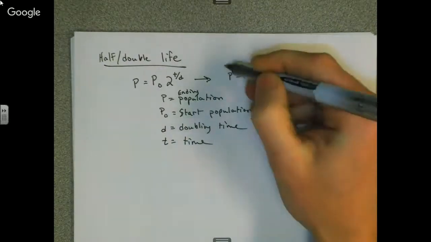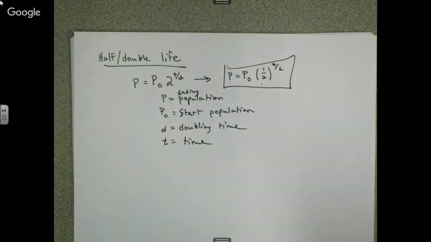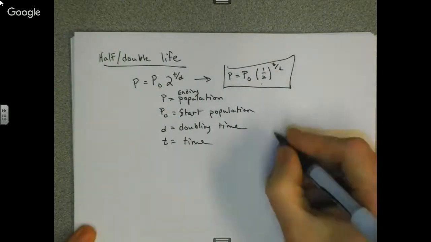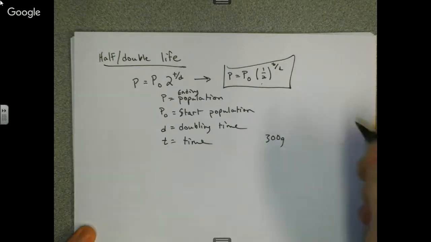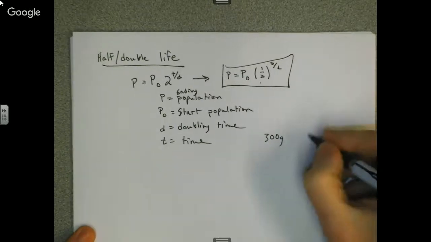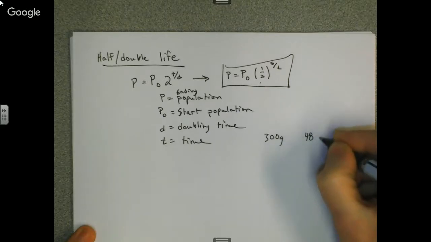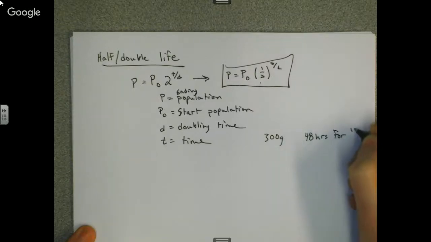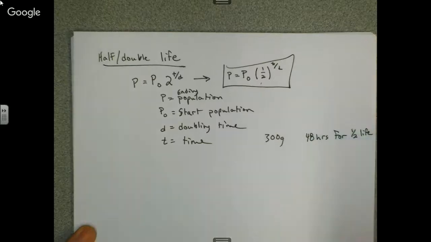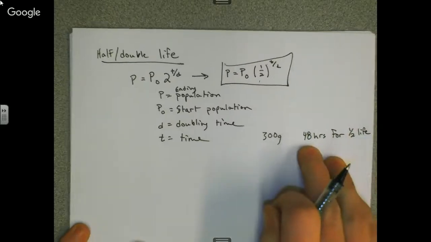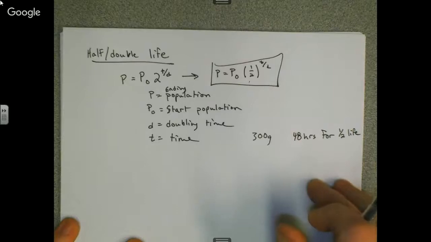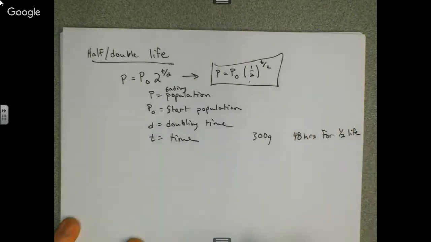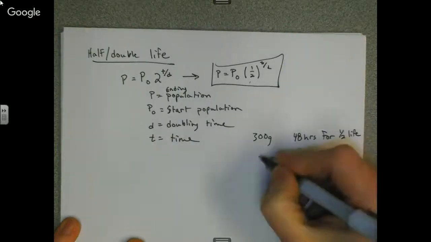I like half-life a lot because it's used in chemistry quite a bit. So let's just say I have 300 grams of a radioactive substance that takes, let's say, 48 hours for half-life. Now, what that means is after 48 hours, the amount of substance I have gets cut in half. After 48 hours, the remaining gets cut in half. So we're always cutting something in half. And let's say I want to know how much